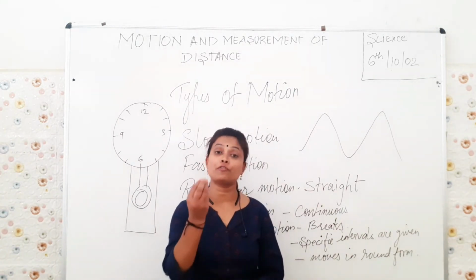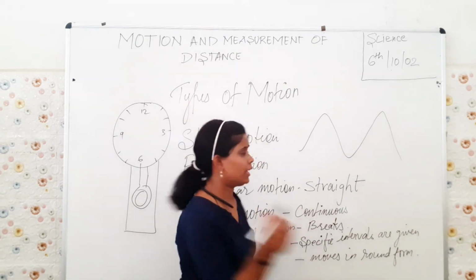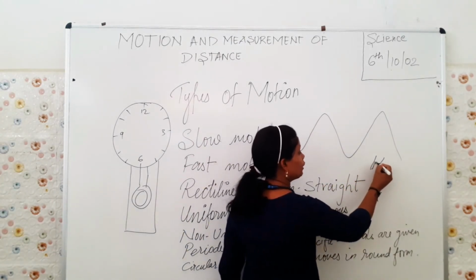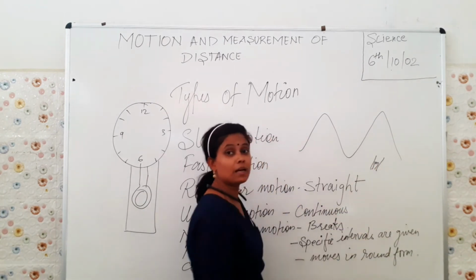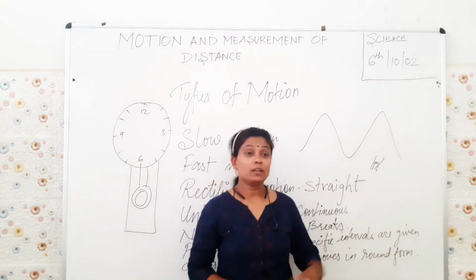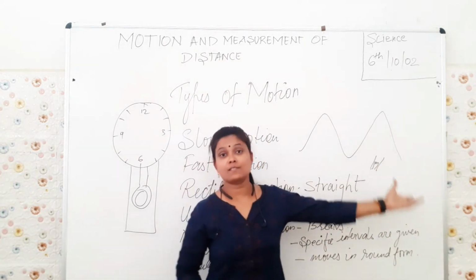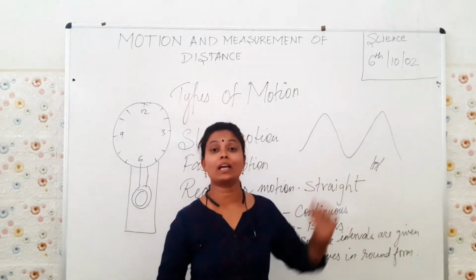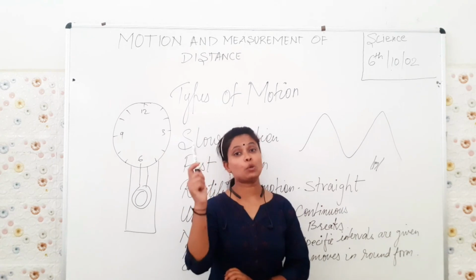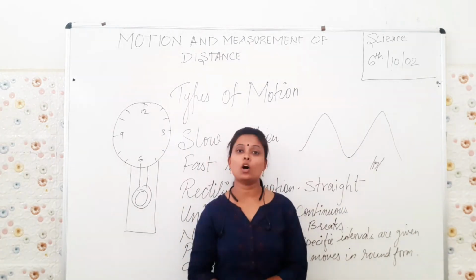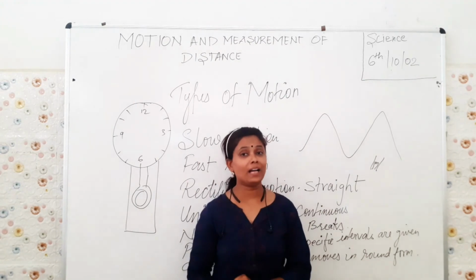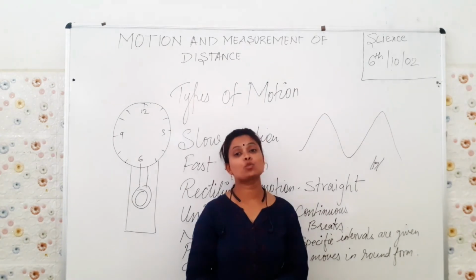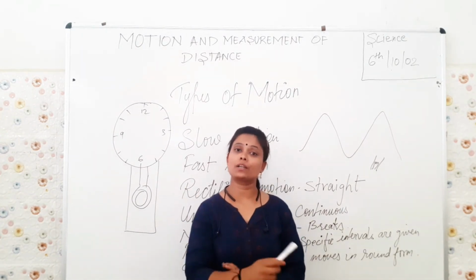You just imagine, in some places, even at Yamunotri, you have to walk for 5 kilometers. Why? Because there the roads are so narrow. You can only put your feet over there. It's very difficult. Still, our government has constructed such roads so at least we can walk on them. So mountain roads can be an example of circular motion. Why? Even if we move on a bus or a car, it has to move in a circular form.